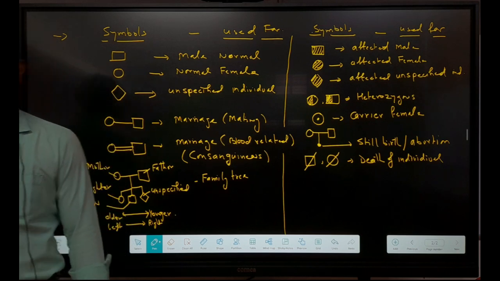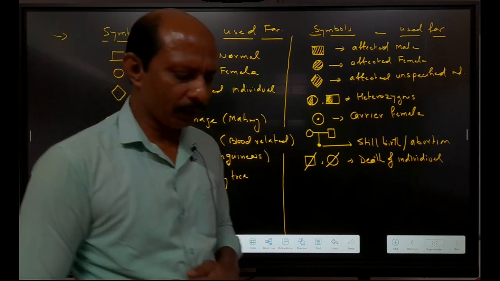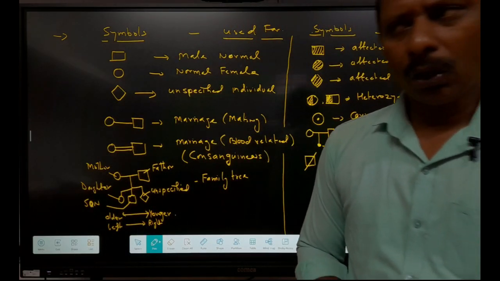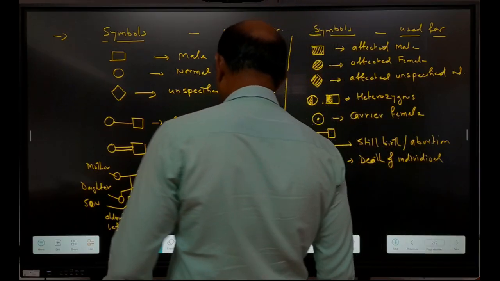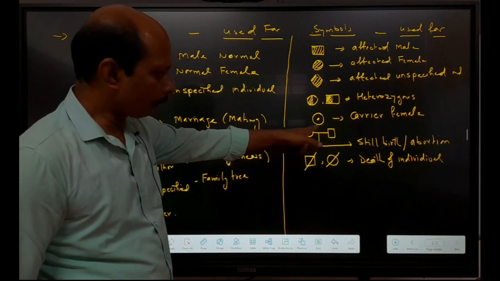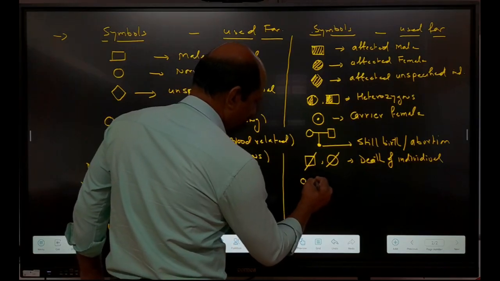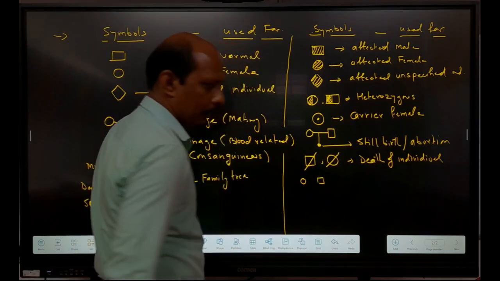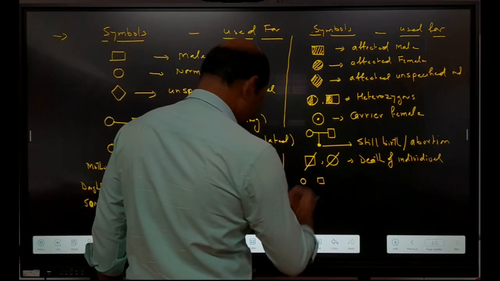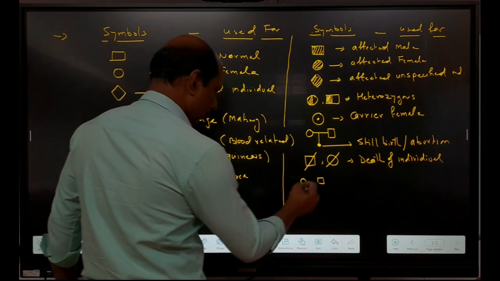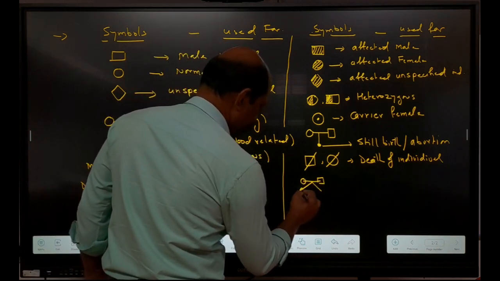Another symbol is here for twins, right? And twins, we know we have two types of twins. Either it is monozygotic twins or it may be dizygotic twins. So when we consider twins, normal is represented by this line, right? But twins are represented, that is mother, father, right? And twins are represented by how? They are represented simply, okay, here these are twins,